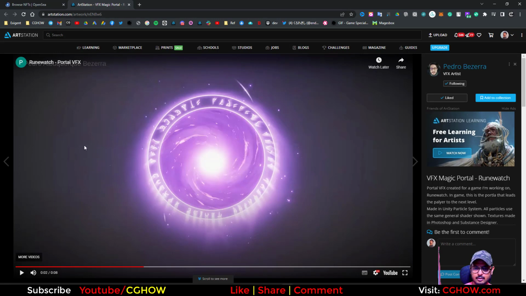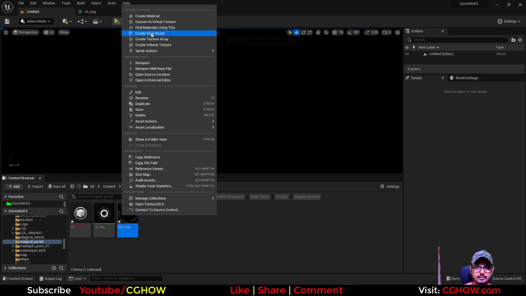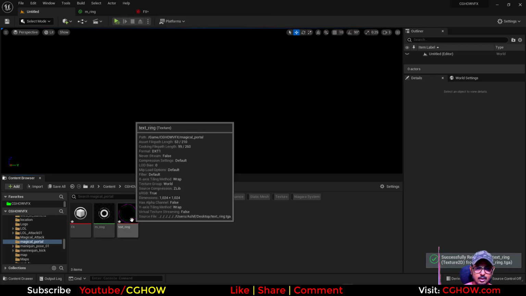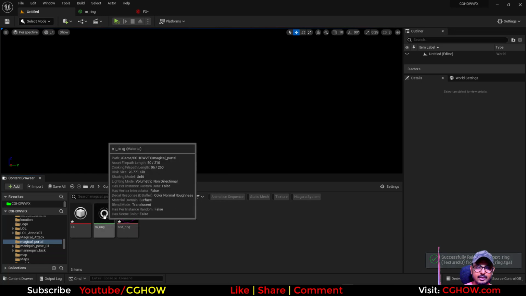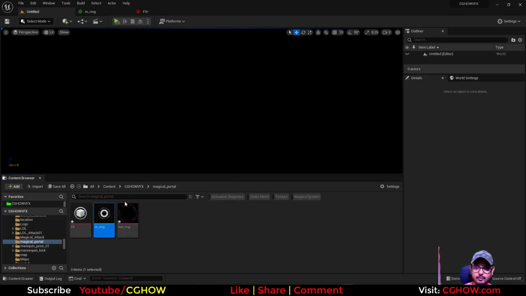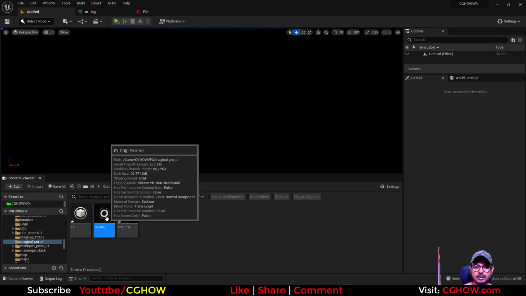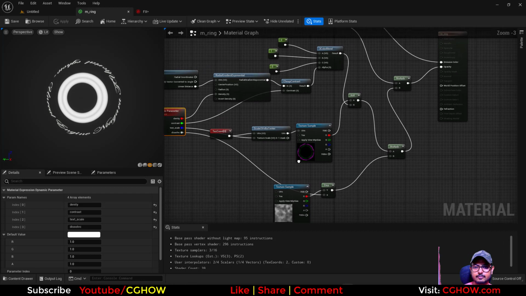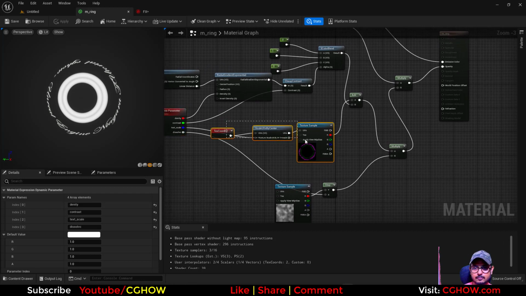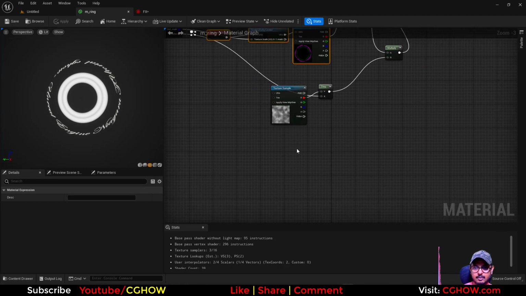and in Unreal I'll import this. Okay, so and we can make one more emitter if you want, or you can use the same emitter and same material. So in this one you can copy this, paste it here,